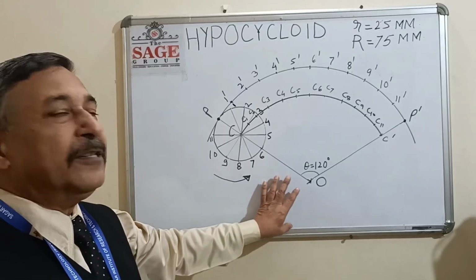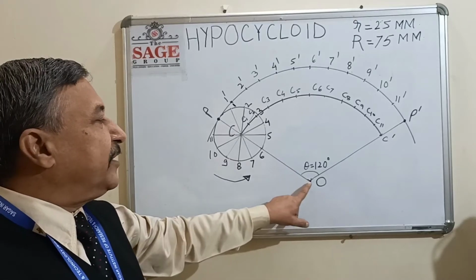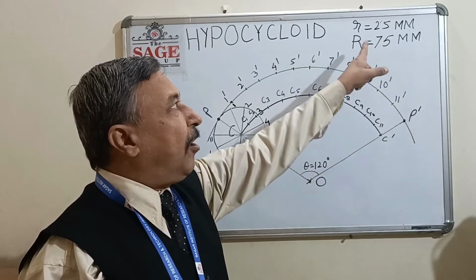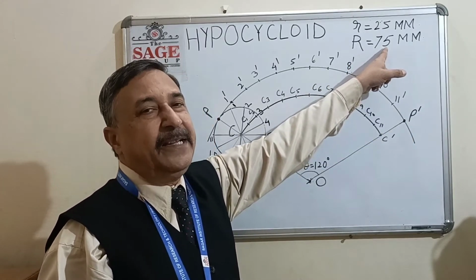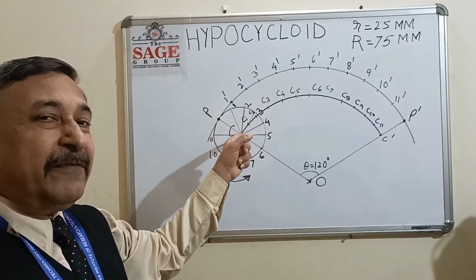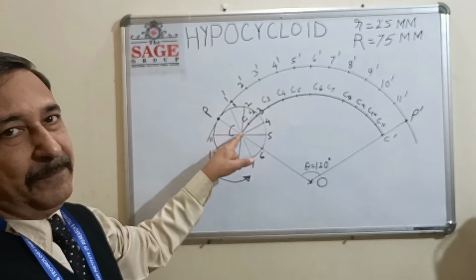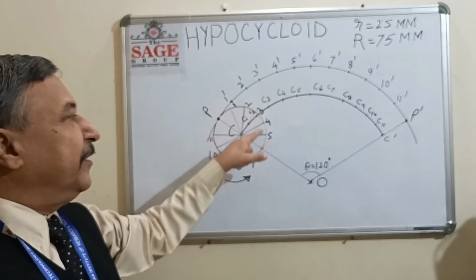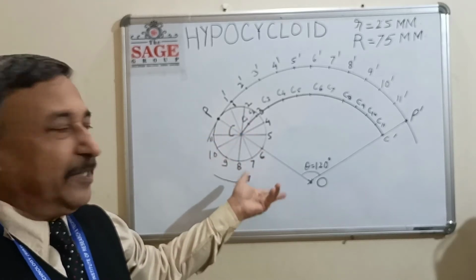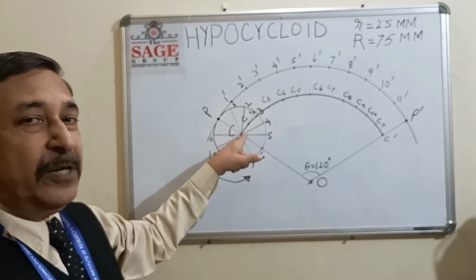So I have already drawn this basic construction, as you know, in epicycloid. So we just draw a curved path of radius 75 mm, that is the directing circle, and inside we have to draw a rolling circle of radius 25 mm. Now divide the rolling circle into 12 equal parts, same thing, and with the same center O and radius equal to OC, that is the center of the rolling circle,